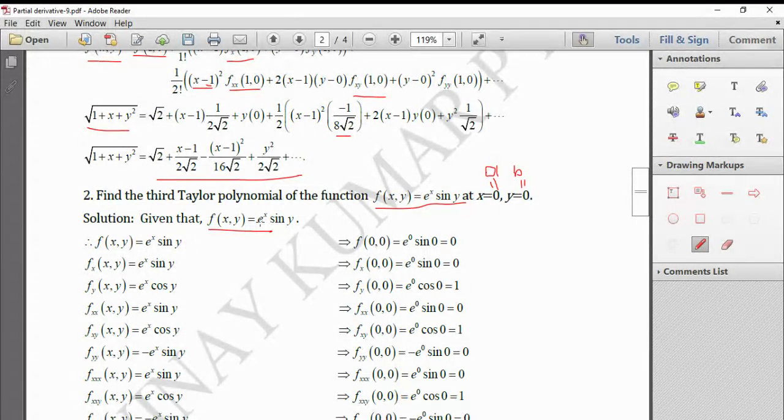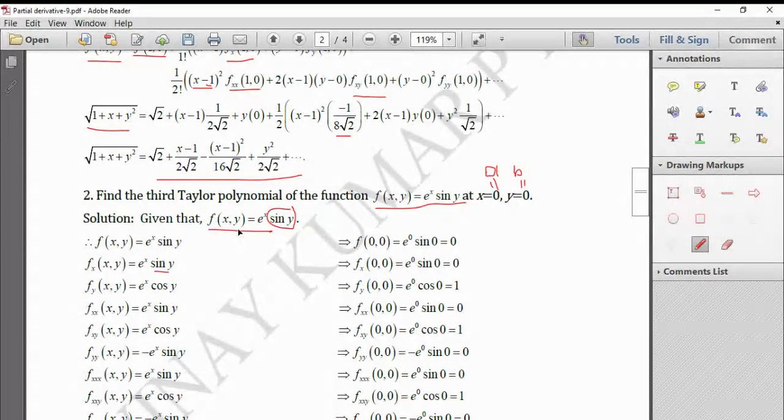Now, let us partially differentiate f of x y with respect to x. When you are differentiating with respect to x, your y is constant. So your sine y is constant. This is not a sum, this is a product. So all of this is not one term. This is a product of two terms. So we'll keep sine y as it is. Then what is the derivative of e to the power of x? e to the power of x only. Now we need this at 0, 0. So put x equal to 0, y equal to 0. Sine 0 is 0, 0 and everything is 0.